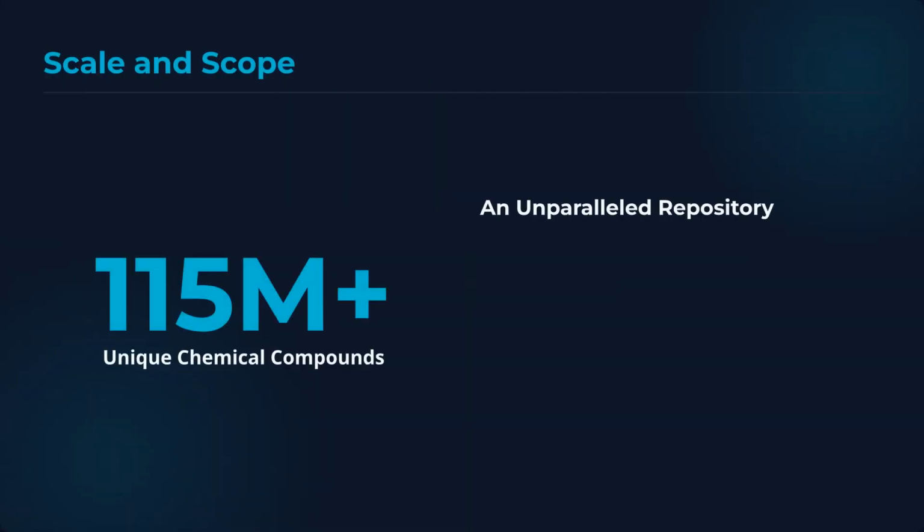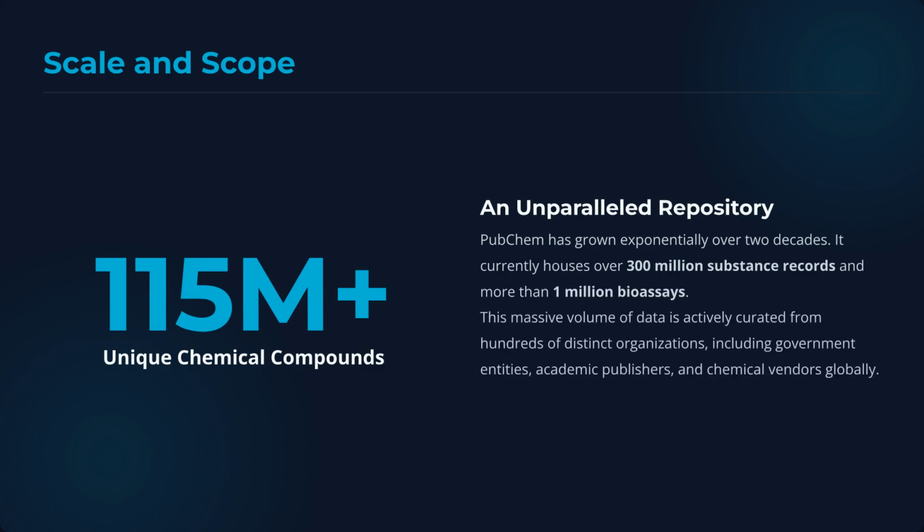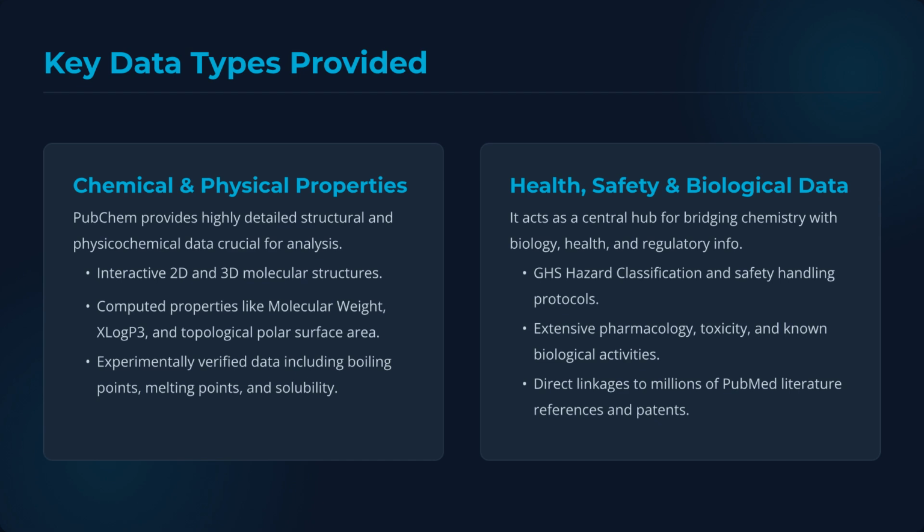PubChem is an unparalleled repository, housing over 115 million unique chemical compounds. This massive volume of data, including over 300 million substance records and 1 million bioassays, is actively curated from hundreds of distinct organizations globally. The database provides key data types, including chemical and physical properties, such as interactive molecular structures